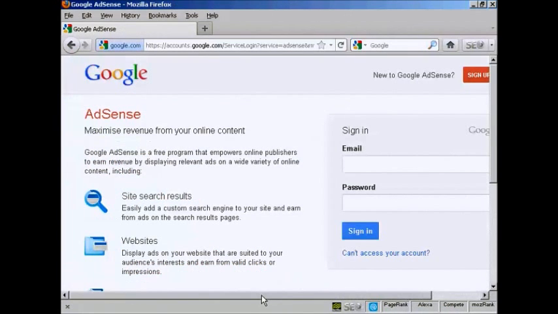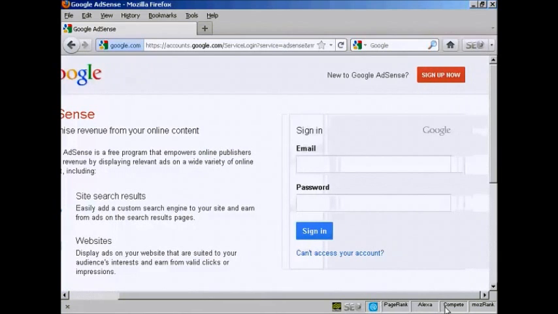You have to sign up for Google AdSense, and you come to this page here. It's quite a long URL, so if you simply type google.com/AdSense into your web browser, or do a search in Google for Google AdSense, you'll be redirected to this page. Now if you haven't got an AdSense account already, you can sign up on this page. Just click here on the button that says Sign up now,